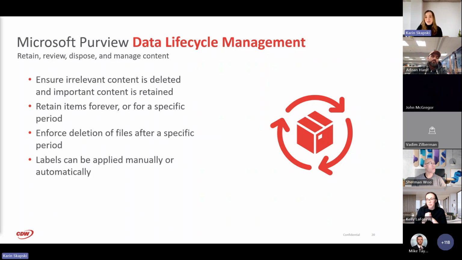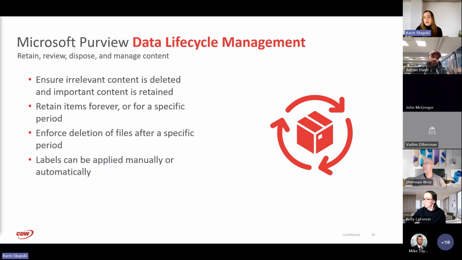So once the retention period is over, we can configure that system to automatically delete the data, reassign the classification, start a review process, or trigger automated processes for further action. The policy application within data lifecycle management can be executed in a few ways. Users can manually label content, or we can direct the scope to specific locations. We can allow it to function automatically, targeting data based on its attributes or on properties related to users, groups,